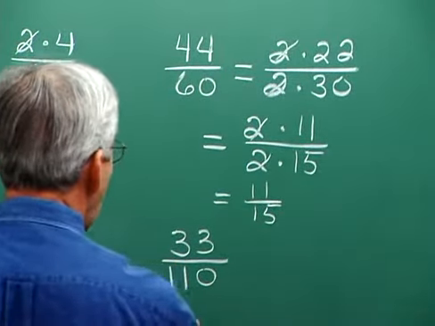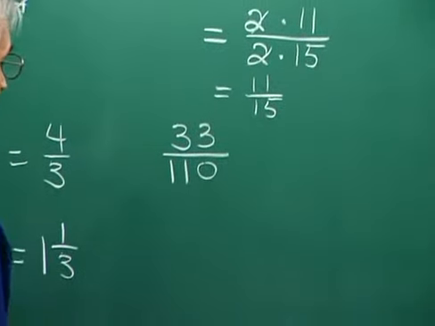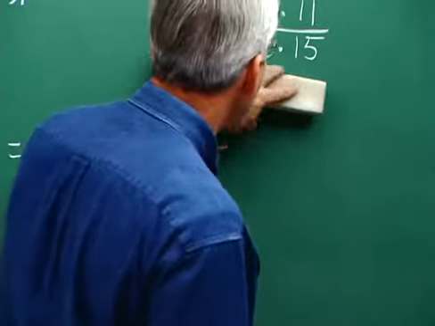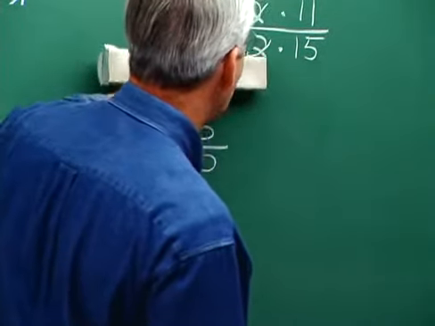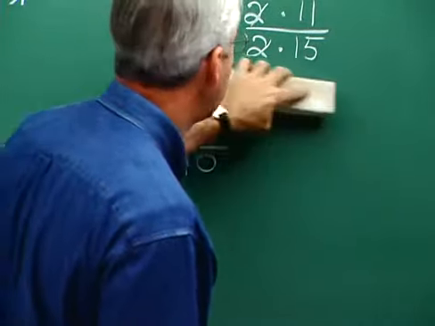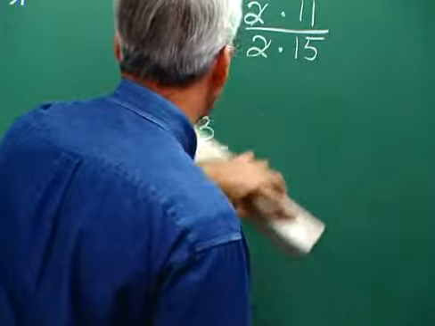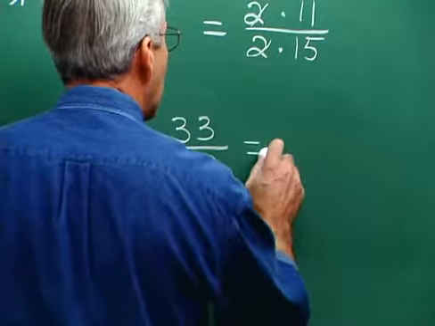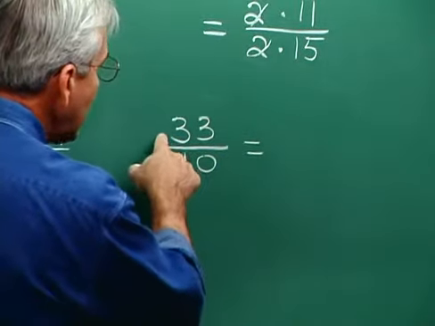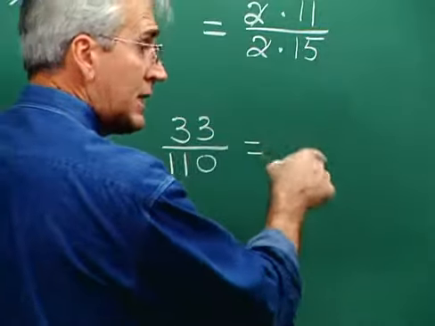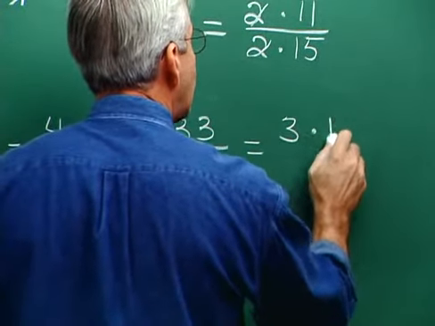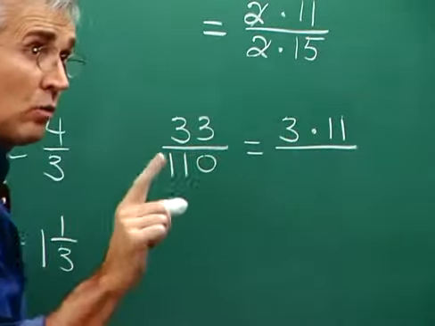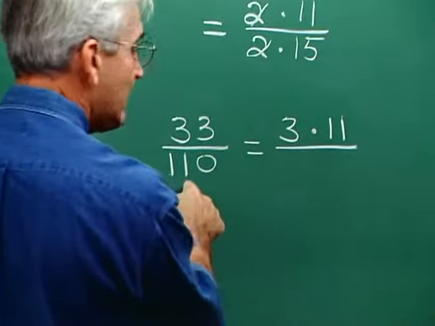All right, for 33 over 110, wow, well that's interesting. I wonder if we can even reduce this one. To investigate the possibility, we just need to realize that we're trying to find a factor that's the same in both numerator and denominator. Now, 33 is a number that doesn't have very many factors. I mean, 1 in itself, of course, but there is another way to break down 33, and it is 3 times 11. So we might want to write it as 3 times 11, and then, because 3 and 11 are the only factors in the numerator, we would be on the lookout for 3 and 11 to be factors